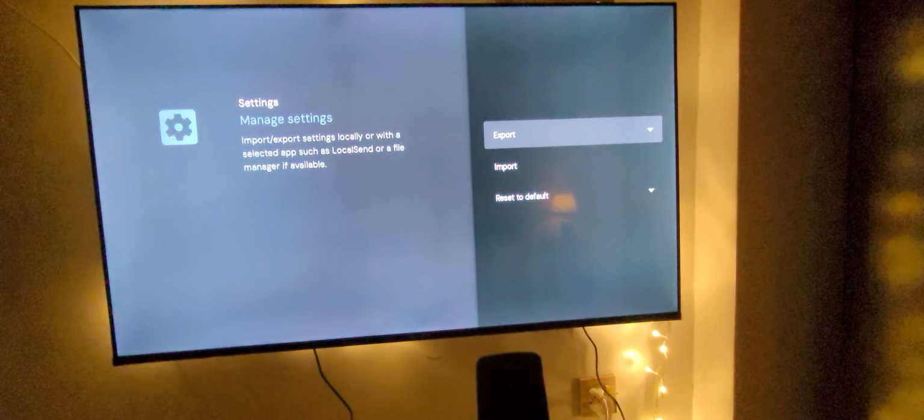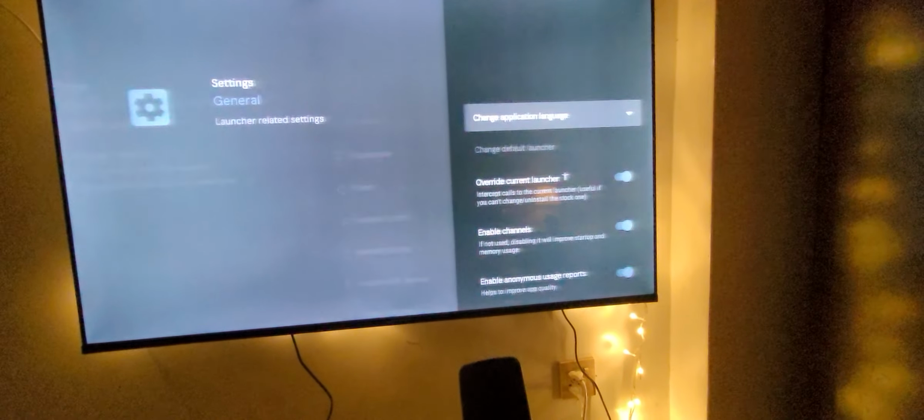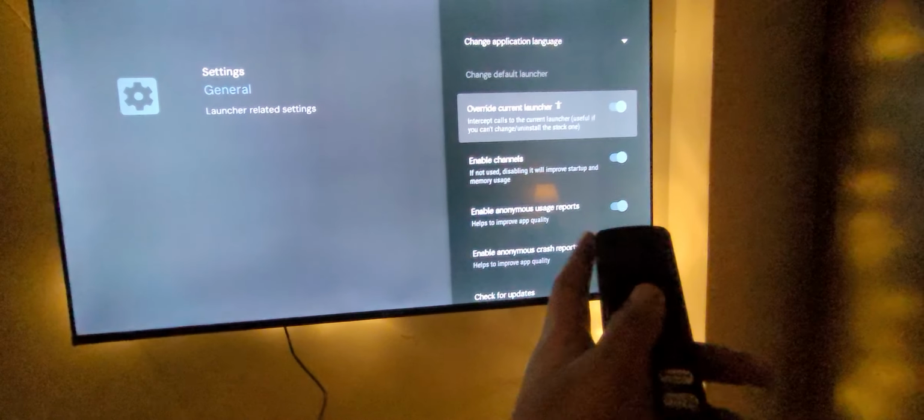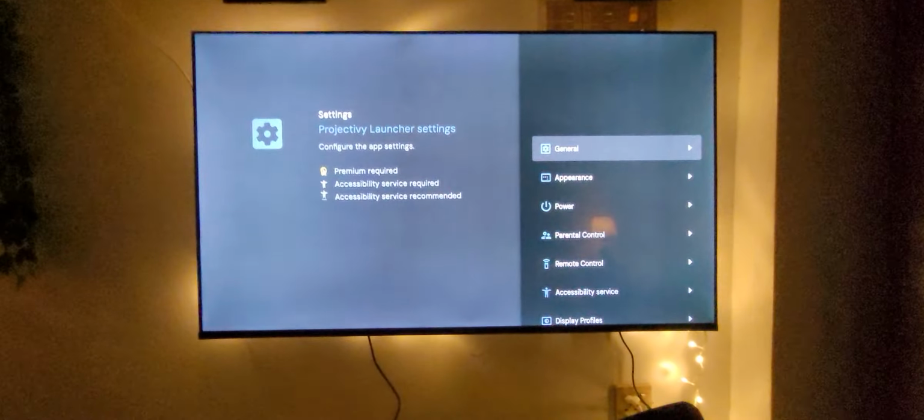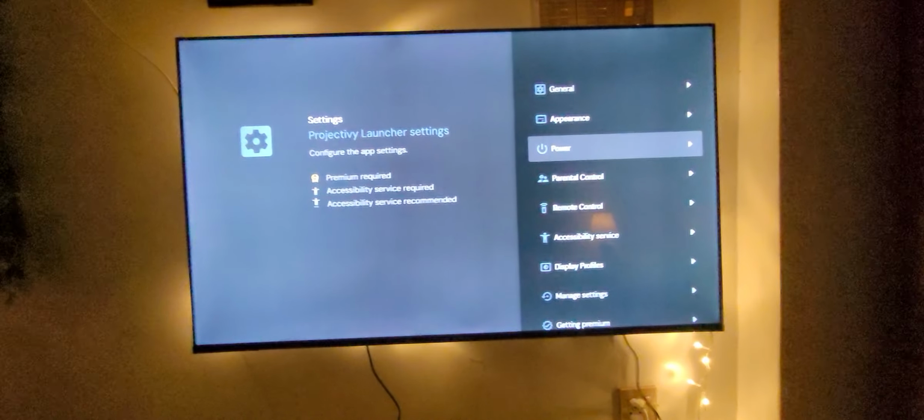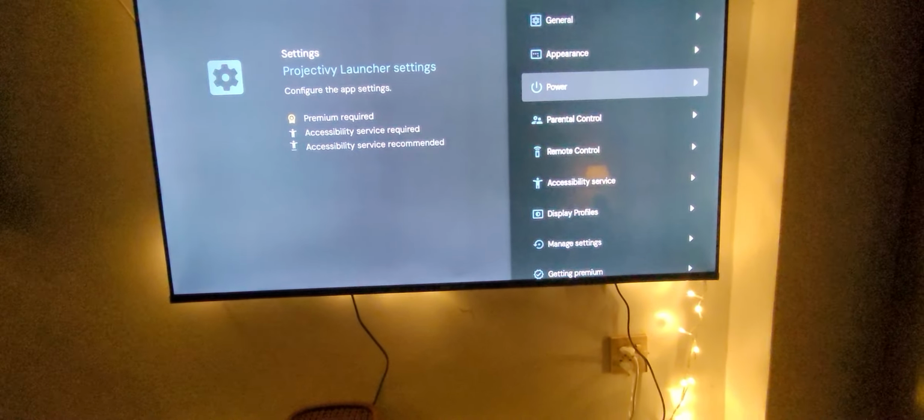So I'm going to go to manage. Actually, I'm going to go to general. I'm going to press override current launcher, because you cannot override the current launcher otherwise. Now, what I'm going to do is go to accessibility service, and then